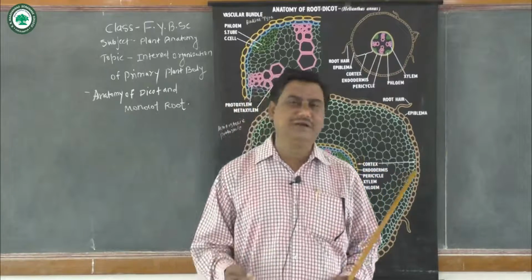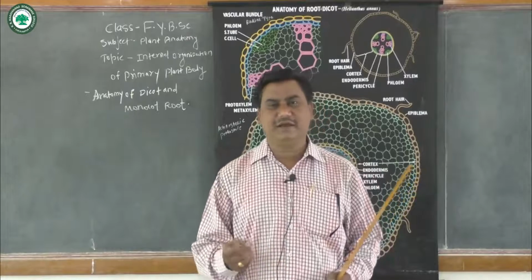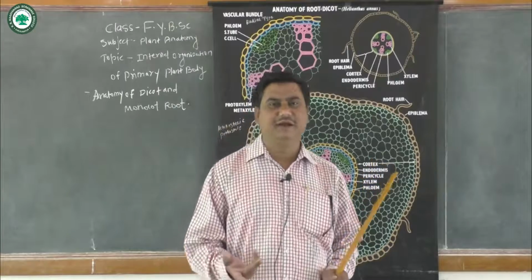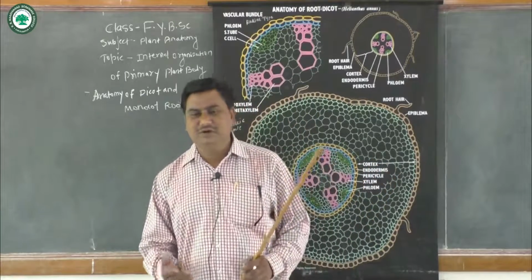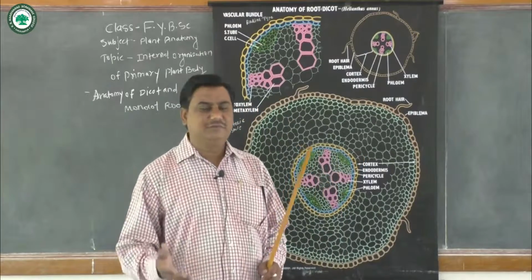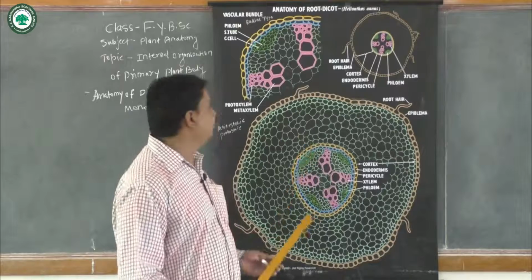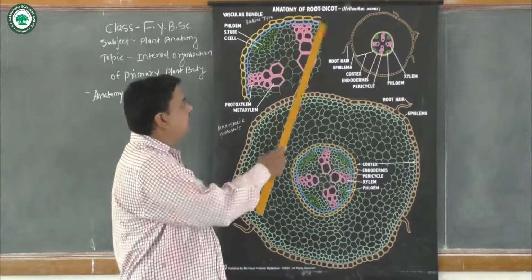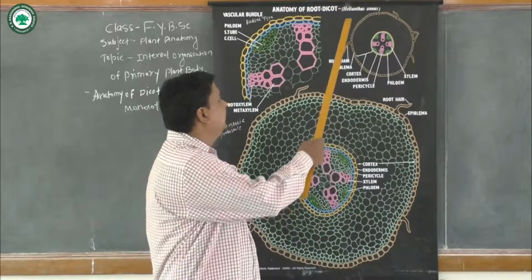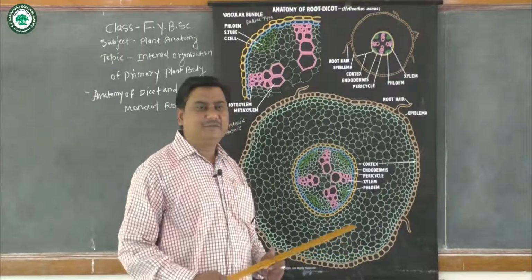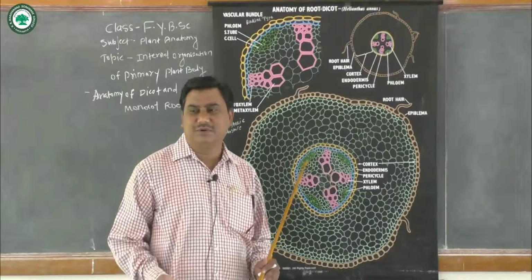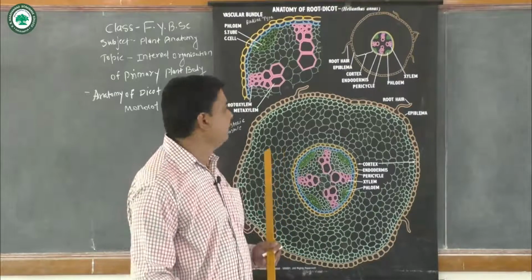This is the major difference between the dicotyledon and the monocotyledon. We can observe it with the naked eye: the venation, branching pattern, taproot system, and adventitious root system. So the primary plant body gets formed, and from this, today we are going to see the anatomy of the dicot root. For instance, the example of Helianthus annuus, in common language the sunflower plant.